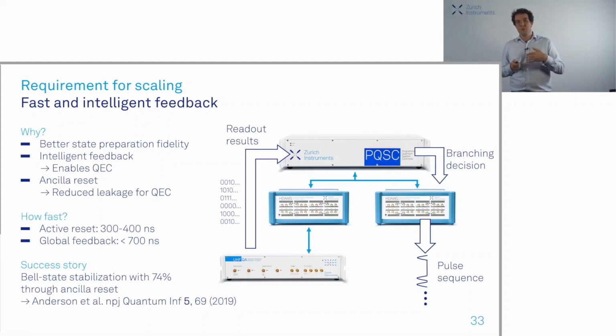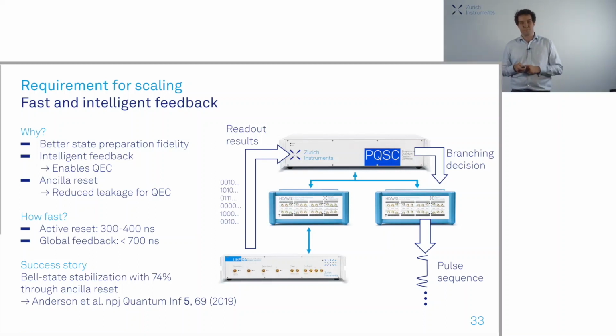And this helps you to improve the fidelity of your algorithms and gives you relaxed constraints, for example, on the thermal occupation of your system. In addition, if your central controller is intelligent, it really enables you to do global quantum error correction. And this is really the key, or arguably the key element which you really need to do a large-scale working quantum computer, where you can do, for example, surface code decoding on a global system level. In addition, ancillary reset really helps you to improve the performance of your algorithms, for example, by reducing the leakage in quantum